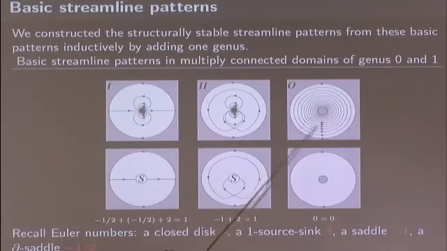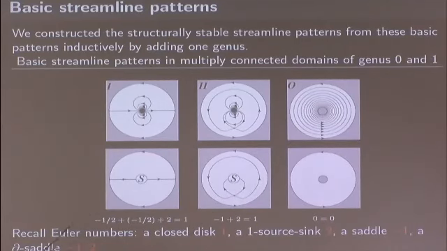So we don't need to care about it. Therefore, we don't like the periodic orbit, and we don't like this orbit. Its orbit comes from the source-sink and goes back to the source-sink. Therefore, this picture we draw like this: one source-sink point and two boundary saddles. This is one source-sink and one saddle, and there is no singularity.